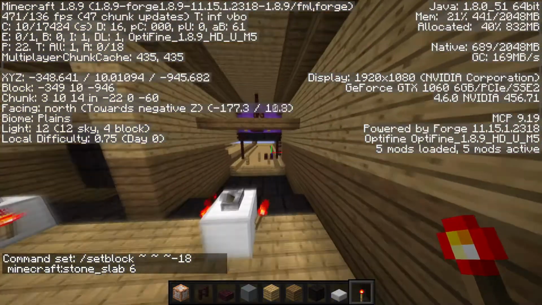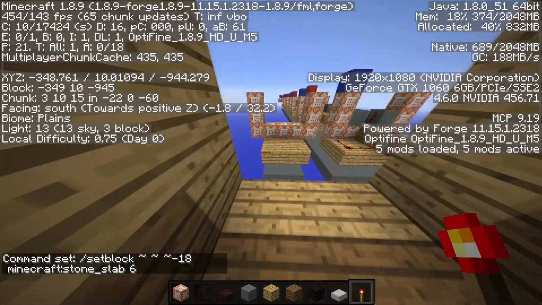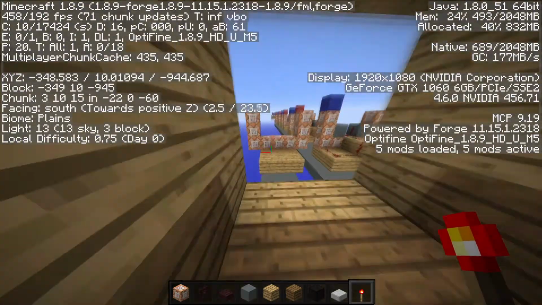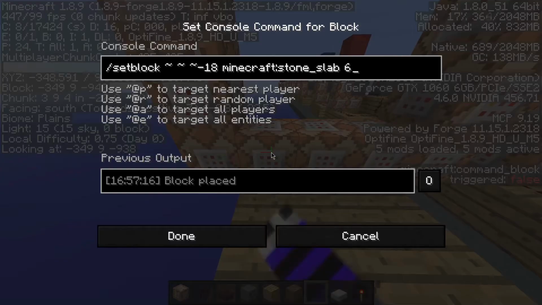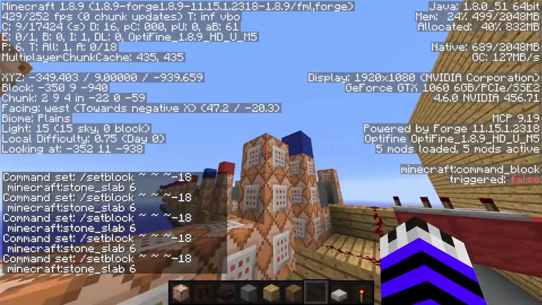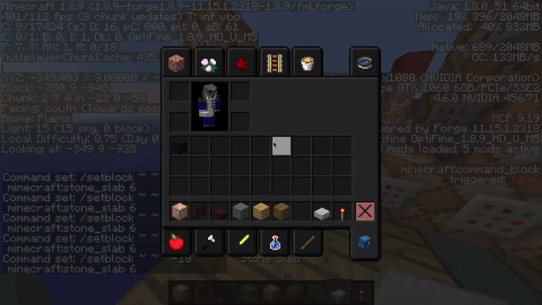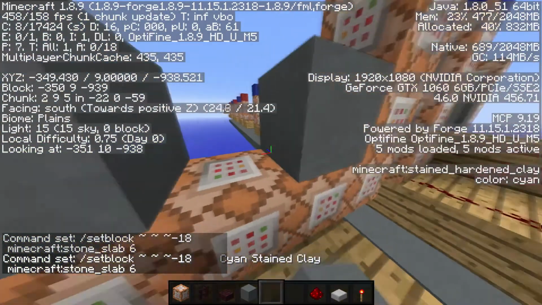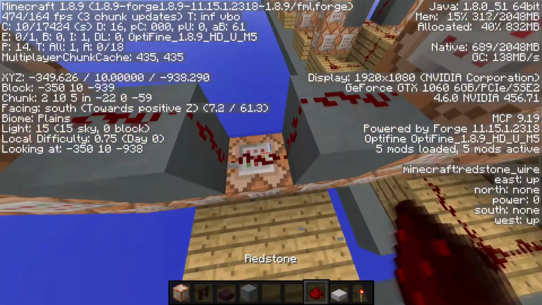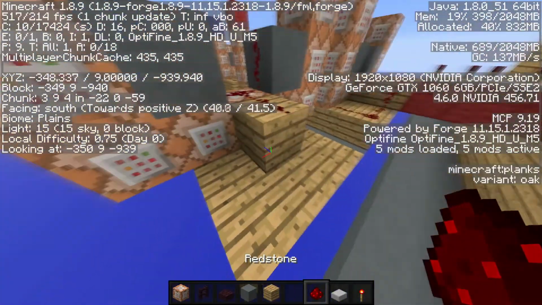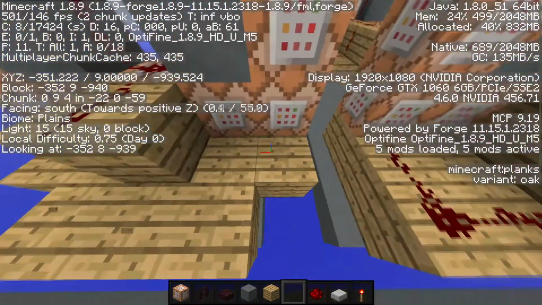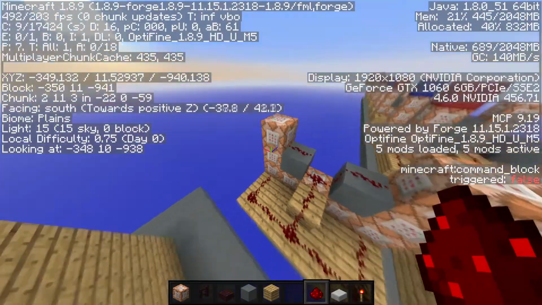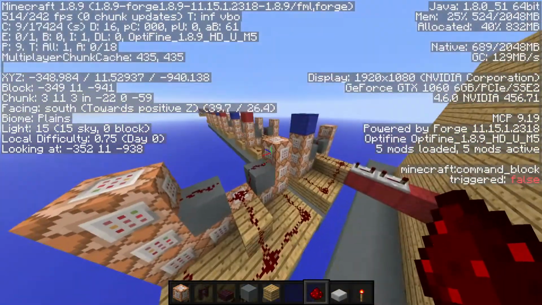And if we make it run, you can see it works. Let me show you again. There, it works. And so we have to exactly copy paste this command all over. And if we run everything together, we will encounter a small problem. To run everything together, you can use this specific redstone pattern that I wanted to use. So it's something like this, like this. It doesn't really matter which one you use, but this will give power to all the command blocks, and so